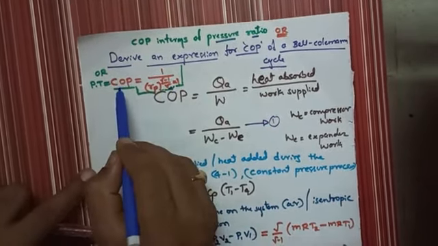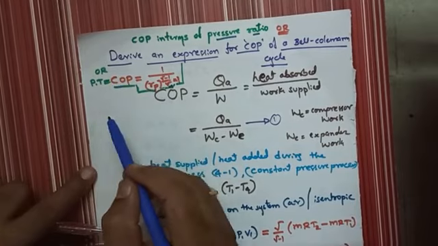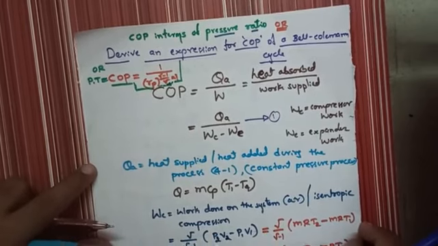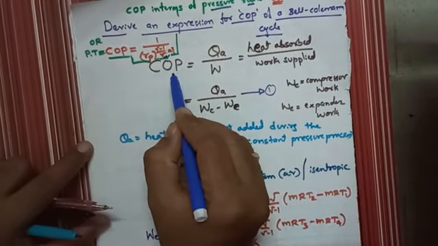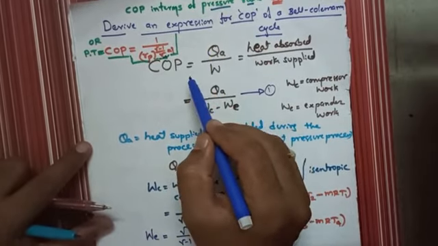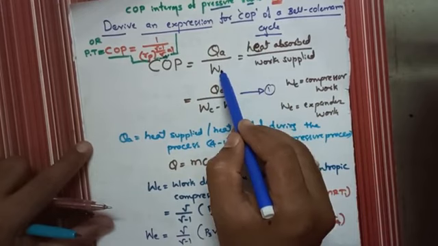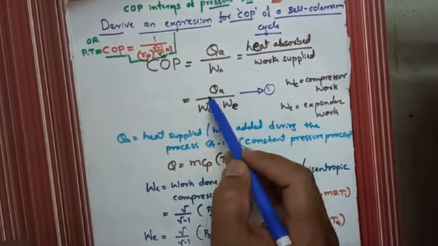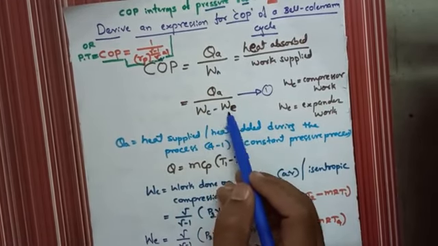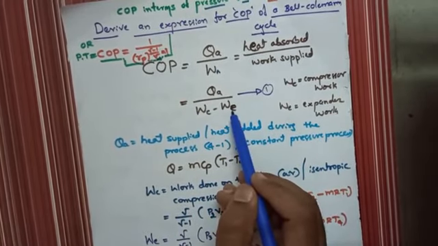Okay. So what is the definition of the COP? It is a parameter which is used for measuring the performance of an indirect or reverse heat engine, for example a refrigeration process. So COP is equal to the ratio of QA, that is the amount of heat absorbed by air during the cycle, to the net work supplied. Net work supplied I will take as Wn, which is Wc minus We, that is work done on the compressor minus work done in the expander.